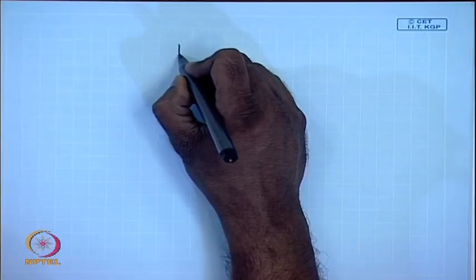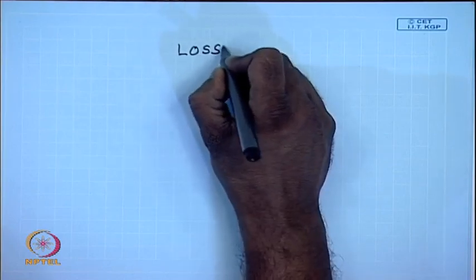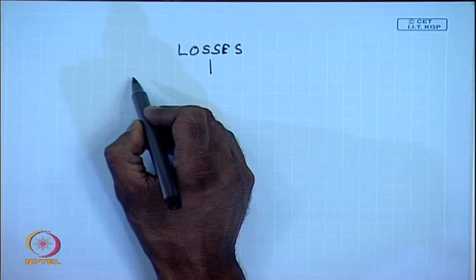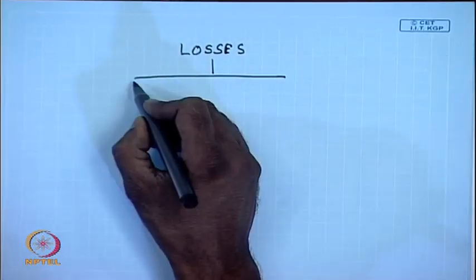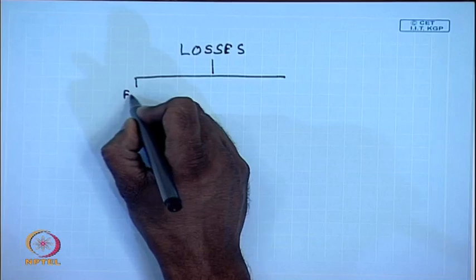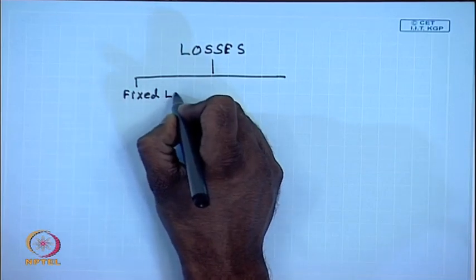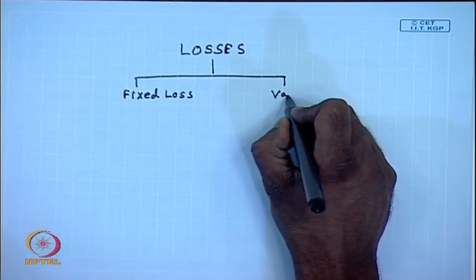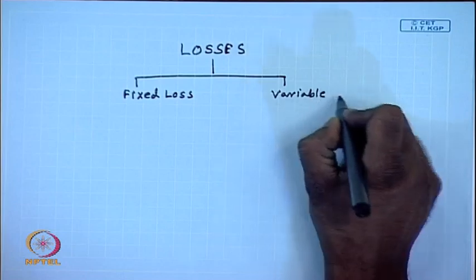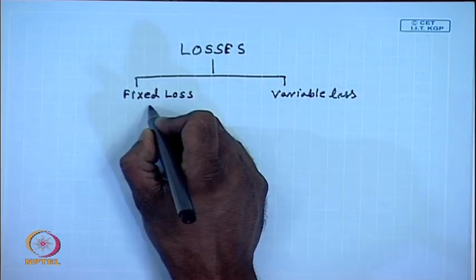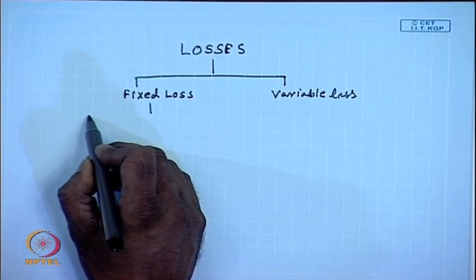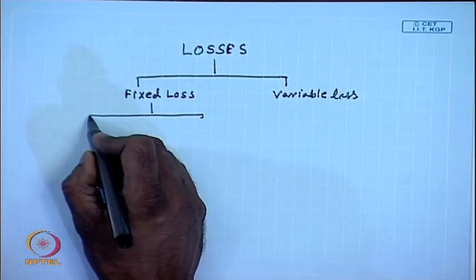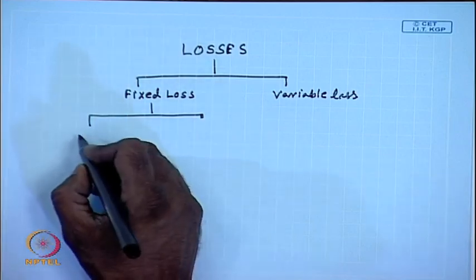In a DC machine, there are several mechanisms or several components of these losses. So, losses can be broadly categorized into two parts. One is called the fixed loss or constant loss, another is called the variable loss. Now, fixed loss for a DC shunt motor has several components. One is called the mechanical loss,